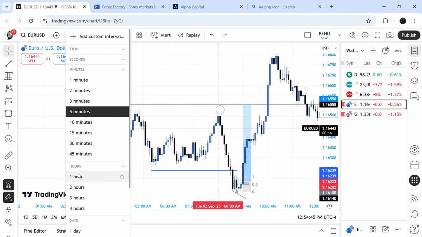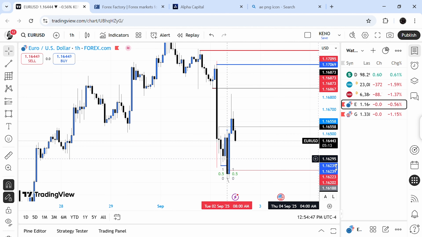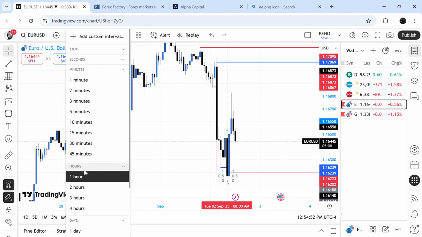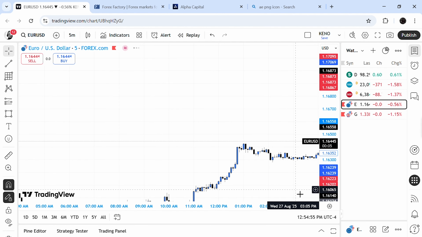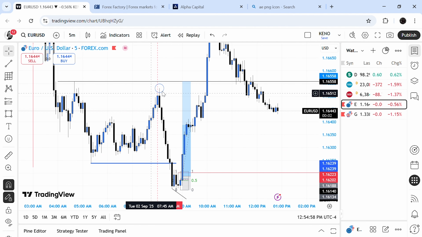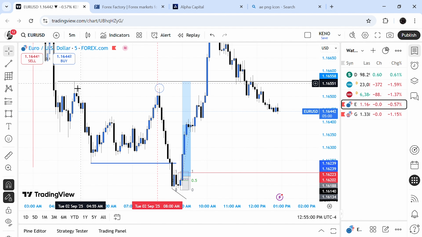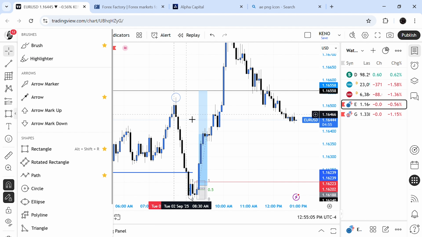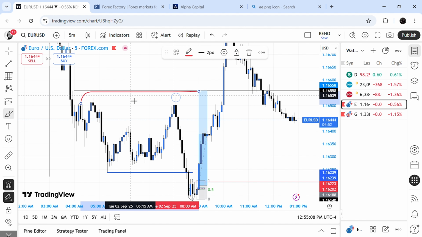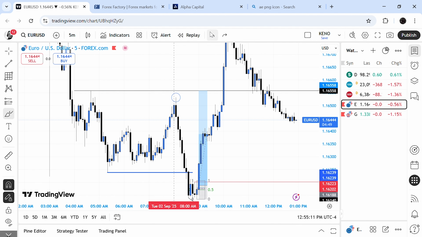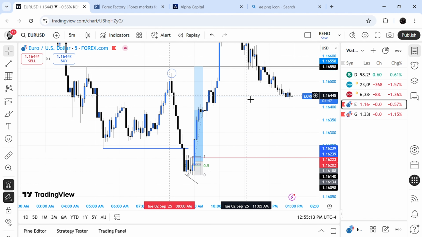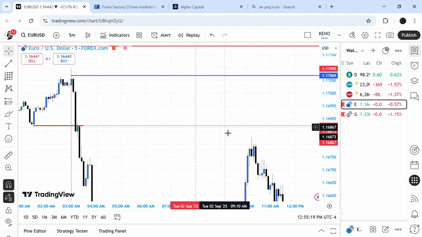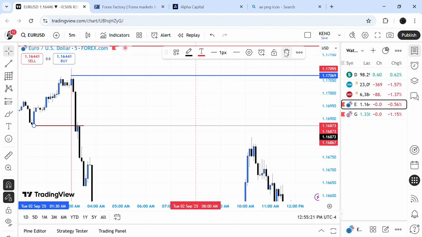But I saw this 1 hour fair value gap right here, and I basically marked it up, and I moved my take profit from this high right here to this one fair value gap high right here on 5 minutes. It was basically a relative equal liquidity because this high was this close to this high. So that was take profit, and I still wanted to aim for something higher, so I targeted this liquidity right here,